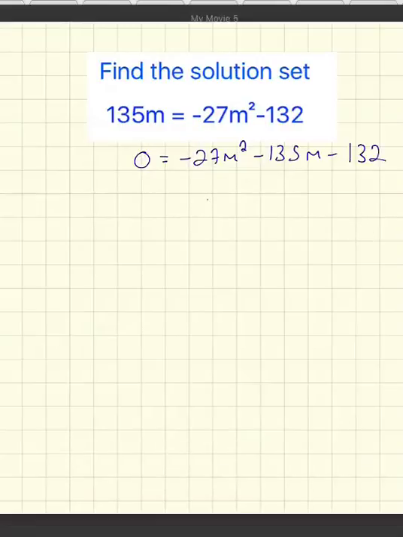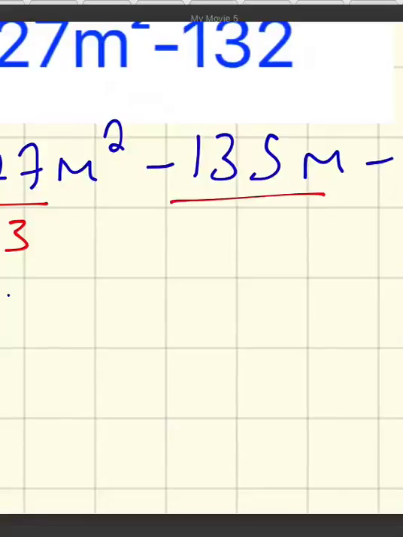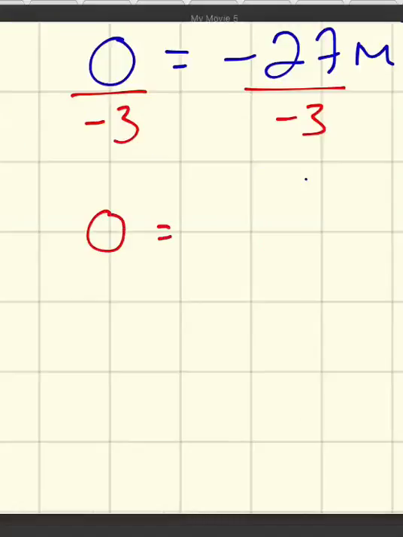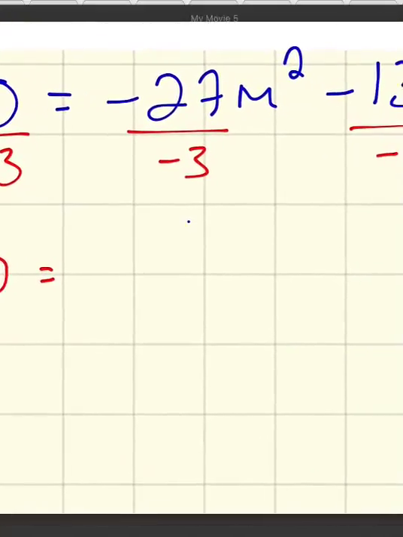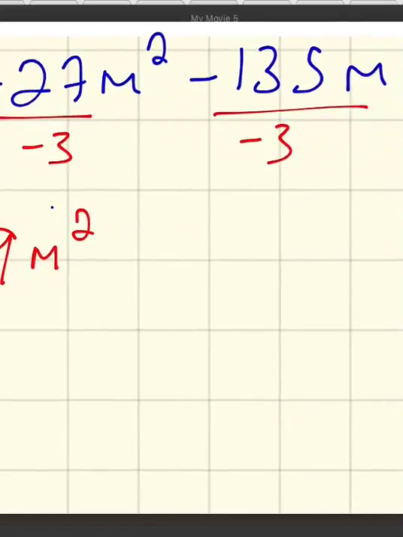Okay, so dividing by negative 3. So divide each term by negative 3. You don't actually have to write this out, but you certainly have to think it. So 0 divided by anything is 0 unless it's divided by 0, which is undefined. A negative divided by negative is positive, and 27 divided by 3 is 9m squared. Negative 135m divided by negative 3 is positive 45m,